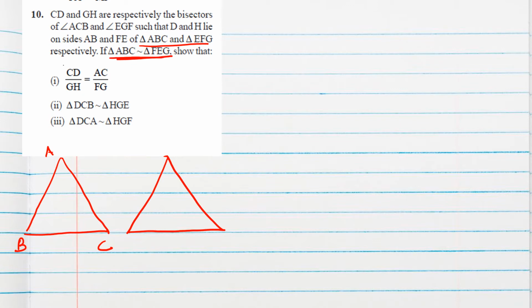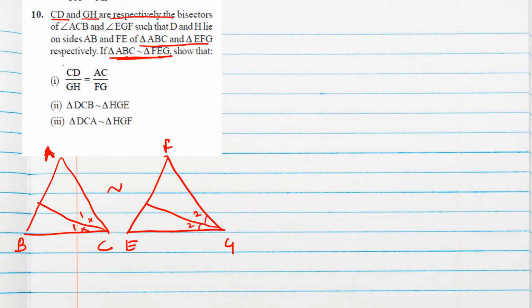Okay, so if you are writing A here, we'll write F here, then B and E, and E, G. So that A and F will be equal, B and E will be equal, and G and C will be equal, because these two triangles are similar, given. Okay, now what else is given? CD and GH are respectively the bisectors. That means one bisector we have to draw, CD. These will be equal. Okay, and here, so let this angle be 1, 1, 2, 2.